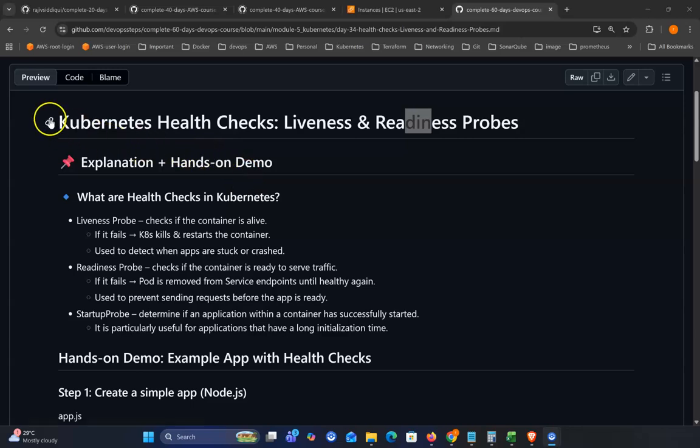In today's video, we will see Kubernetes health checks, and in Kubernetes health check, there are two options: liveness and